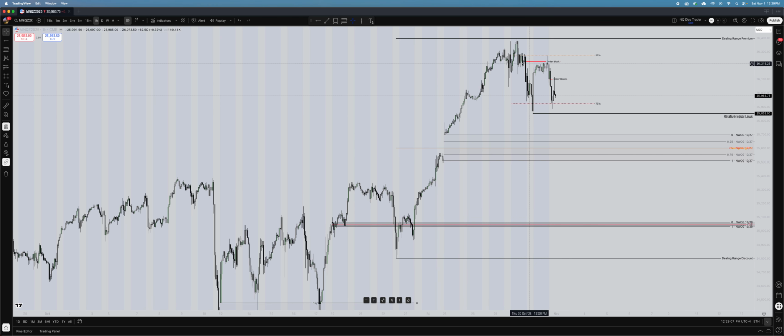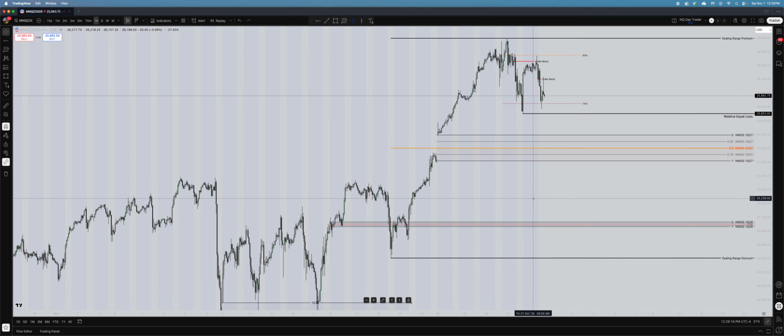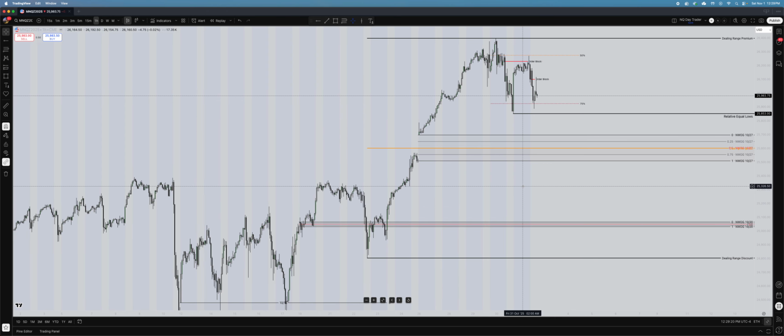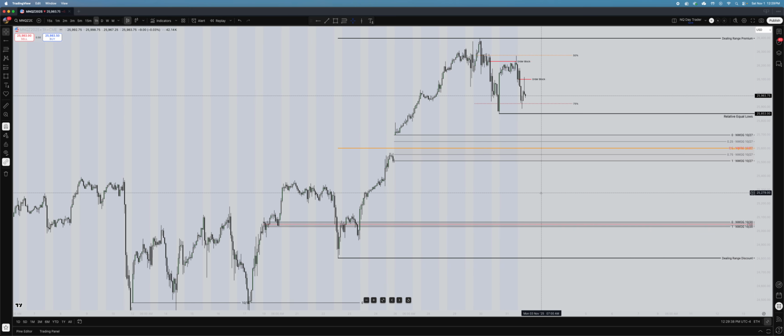Anything in the upper half is considered a premium marketplace. Anything in the lower half is considered a discount marketplace, okay? So when we are looking for the best long positions or the best long setups, they occur in a discount. Conversely, if we are looking for the best short setups, they occur in the premium portion of the dealing range, the upper half, okay? Now, one thing, and I just noticed this morning when I threw this on the chart,